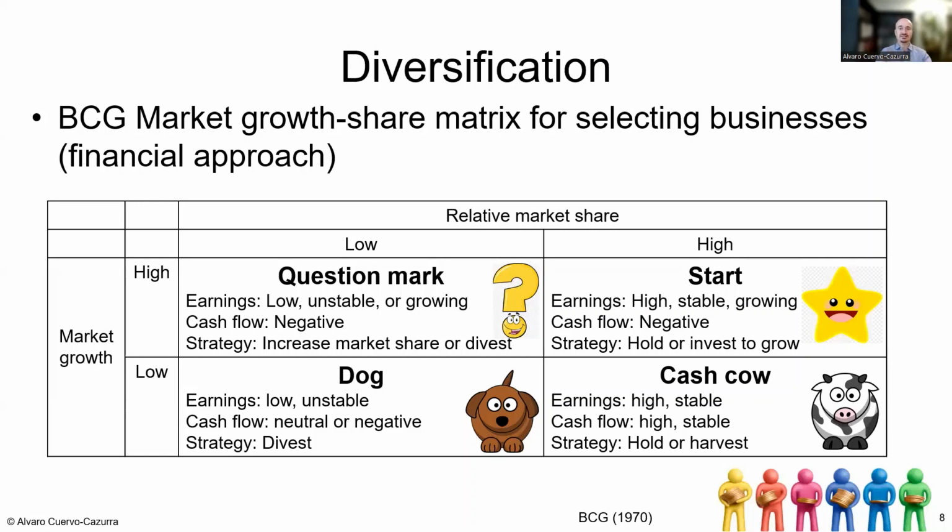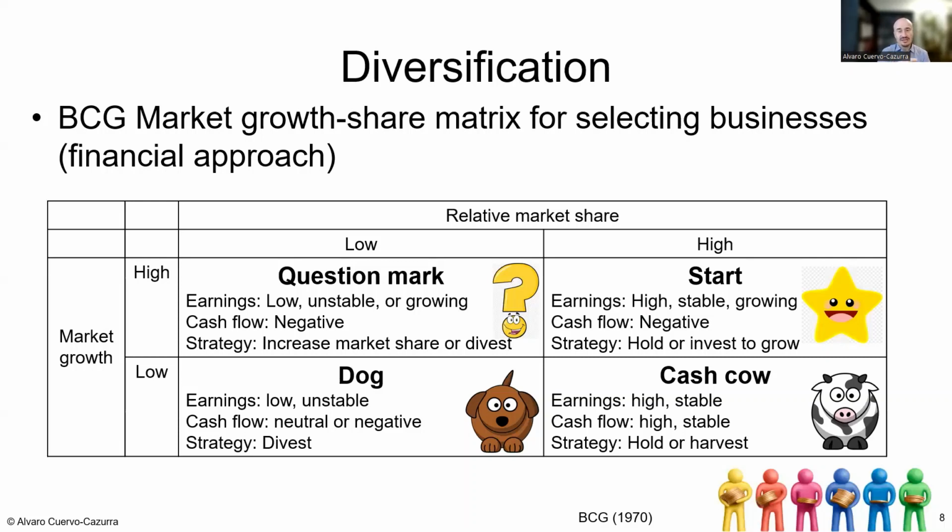if there is eventually some additional growth, it's going to be fantastic, because then it can be converted into a star in which the market is growing, it is fantastic, and at the same time I am a dominant player. I might need additional money to reinvest, but the notion here is that this is kind of the business in which I want to be, because as a dominant player I can have a little bit of control over how I operate, and also because there is growth and there is less, if you want, competitive pressure.